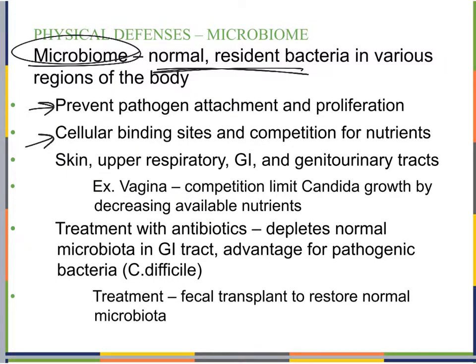Cellular binding sites in competition for nutrients. So when we talk about our microbiome, not only are we just preventing attachment because they are there and proliferation, but also they are using cellular binding sites, our regular cells. They're using cellular binding sites, and then also they are competing with each other for nutrients, but everybody kind of